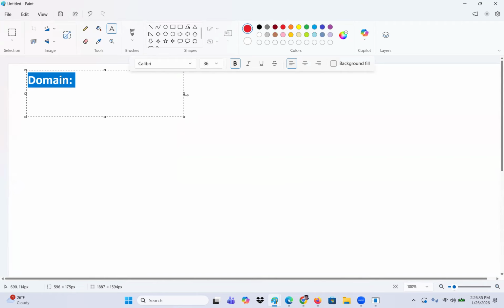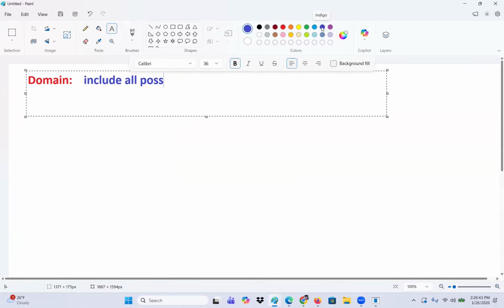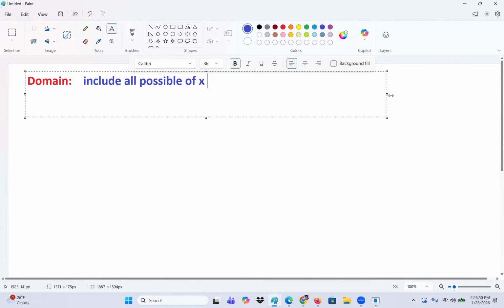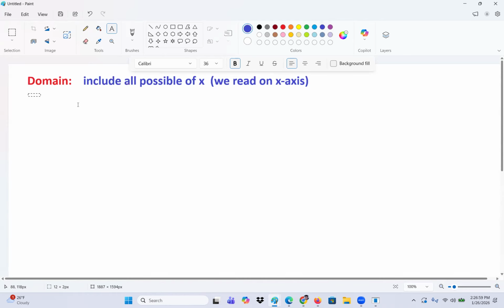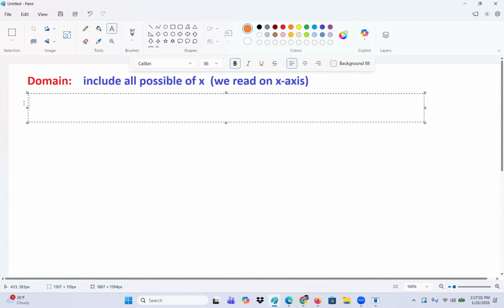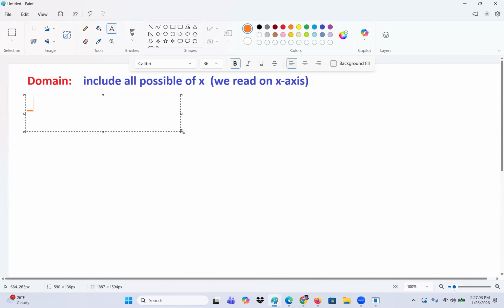So the domain basically includes all possible values of x. So this one is going to be on the x-axis, right? So we read on the x-axis. So in order to find the domain, right? So to find the domain